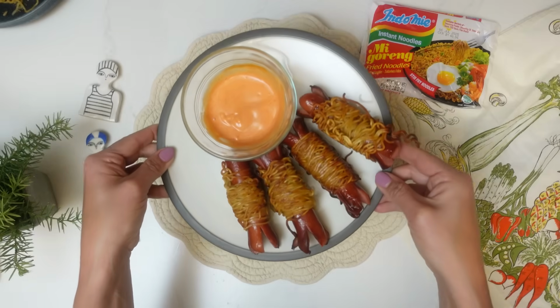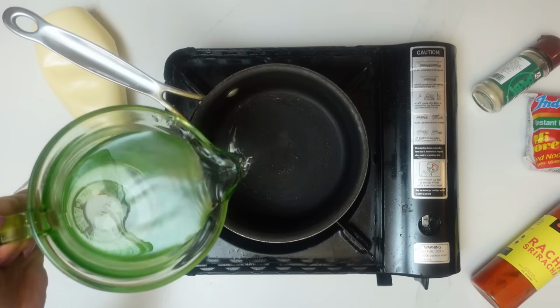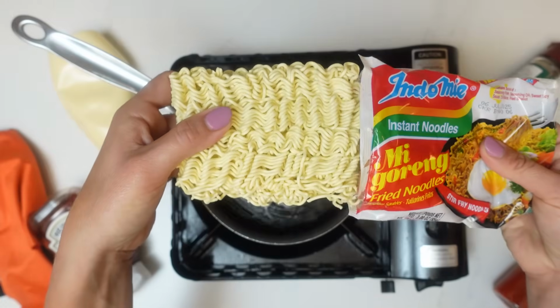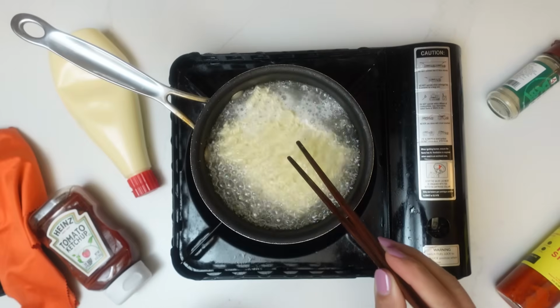Hi everyone, my name is Widy and I'm from Bekasi, Indonesia. The dish I want to talk about is Sosis Gulung or Noodles sausage rolls in English. It's a savory dish and you only need to roll the middle of the sausage with cooked instant noodle and deep fry it. You can get two different textures in one bite, crunchiness from the noodles and soft texture from